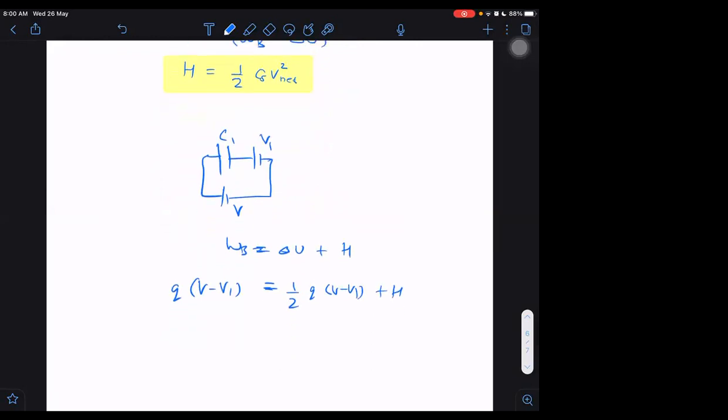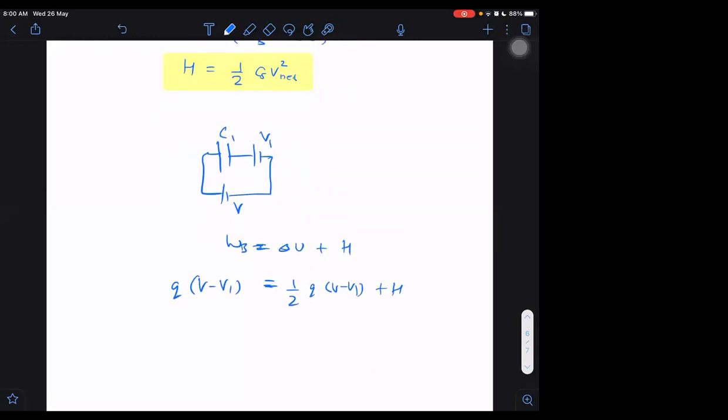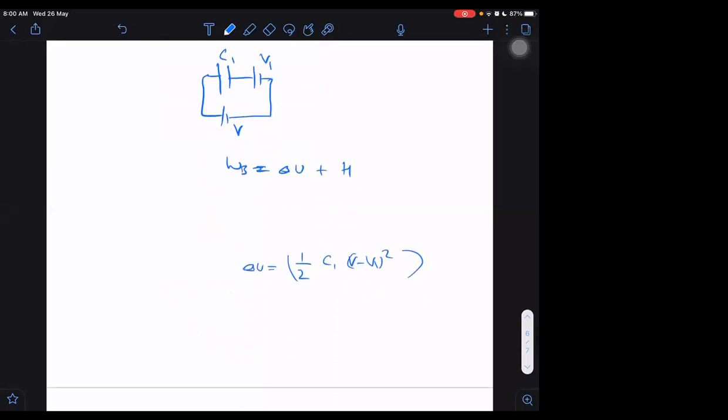All right. What is this thing finally? Q is equal to C1 into V minus V1 square is equal to what is it? Half of C1 into... In fact, I wanted to verify whether the change in U is right or not. Let me just write directly what I'm expecting the change in U to be. Is it right or is it wrong? Let us check once. What is change in U?